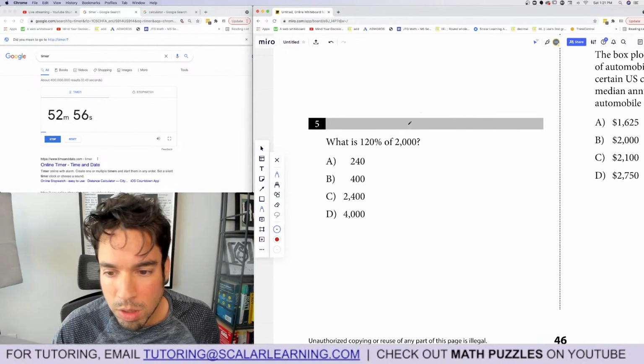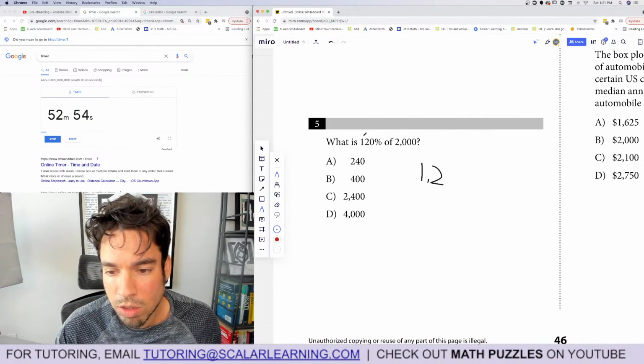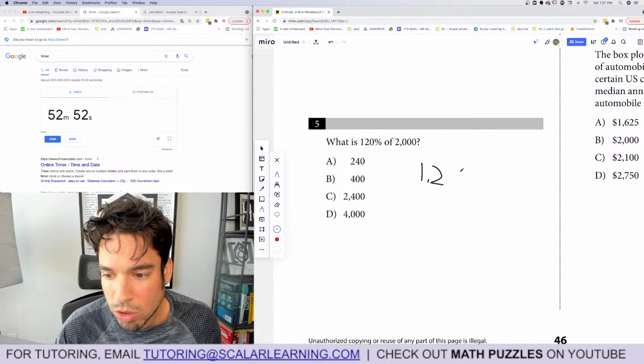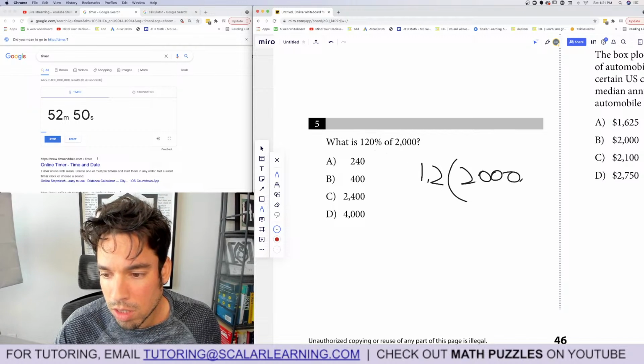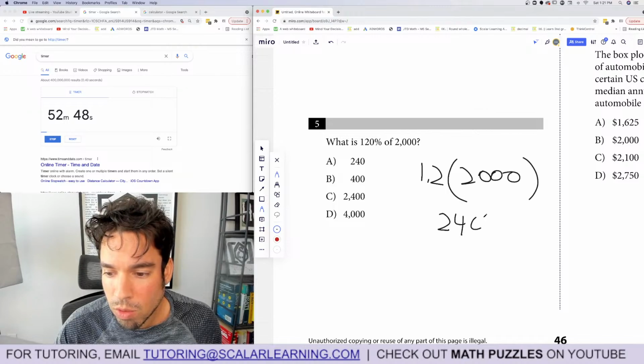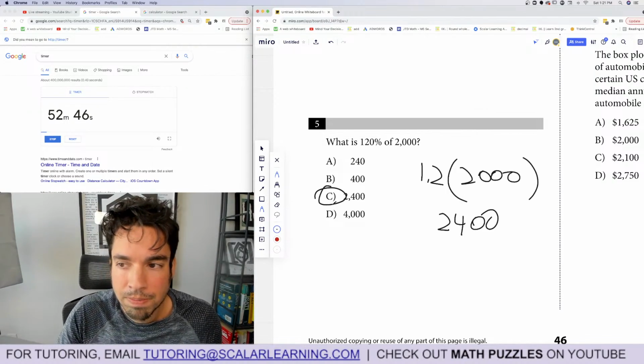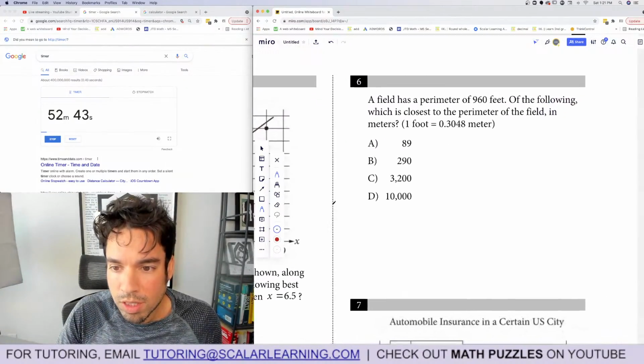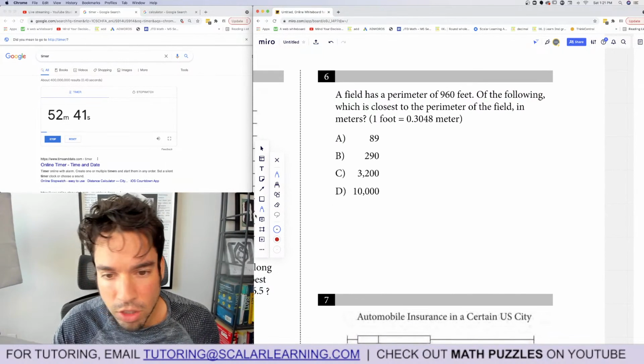Numero 5. What is 120% of 2,000? That becomes, to take that percentage, we turn this into decimal, 1.2 times 2,000, which would be 2,400. Boom, done. Numero 6. A field has a perimeter of 960